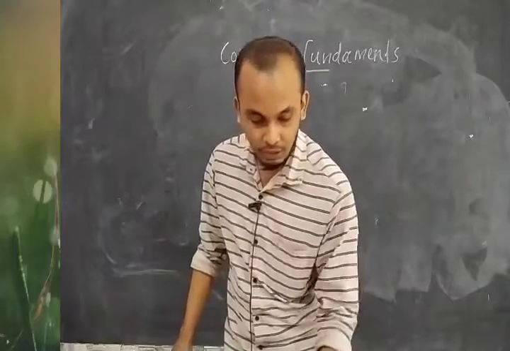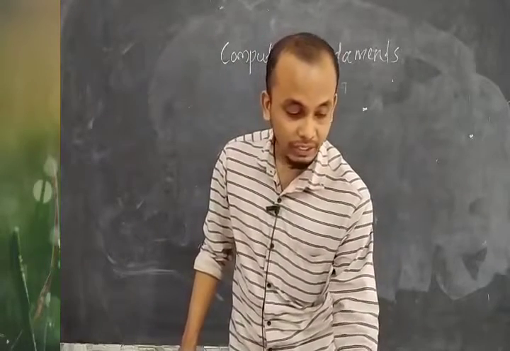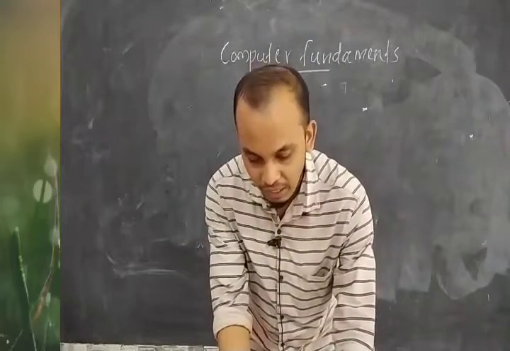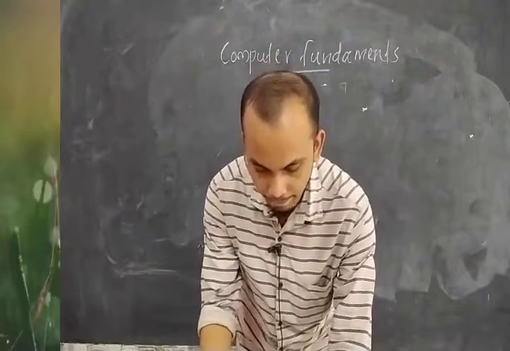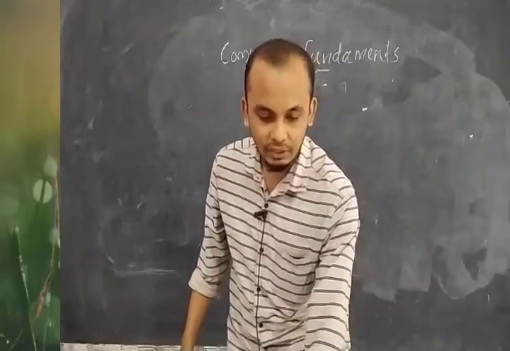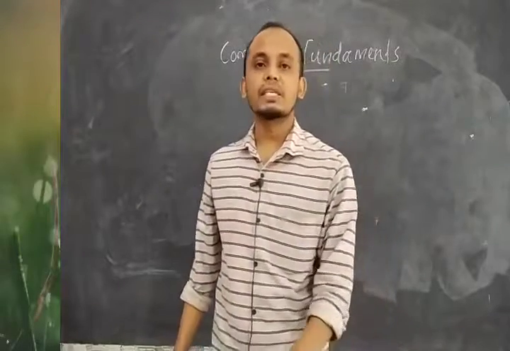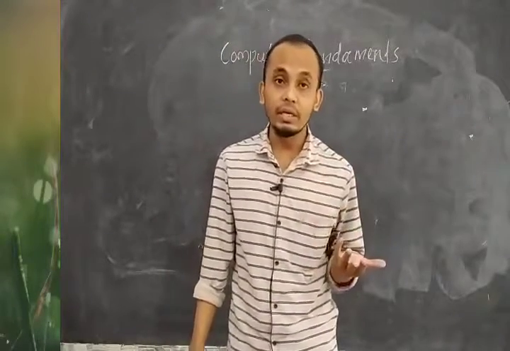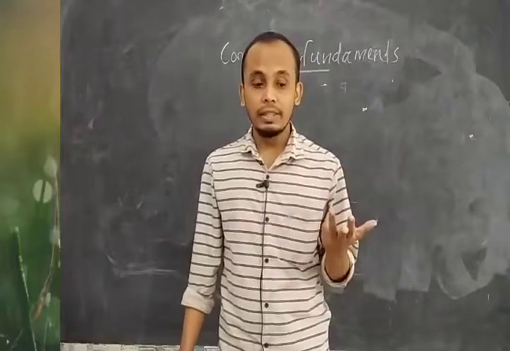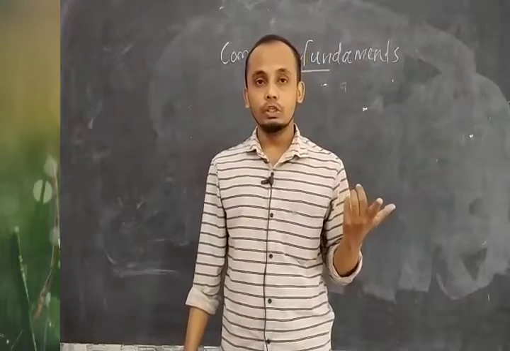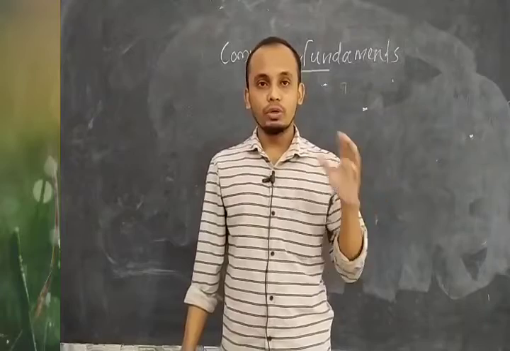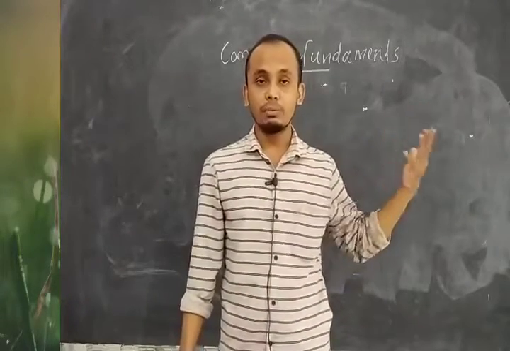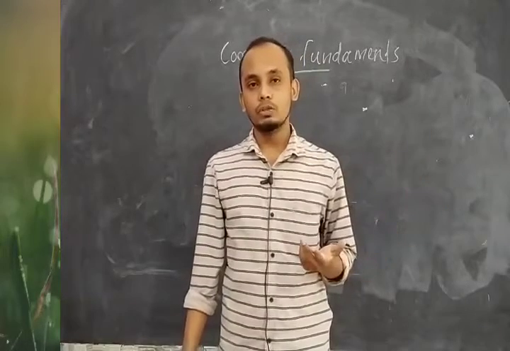Before that, after reading page number 3 and 4, you can go to page number 7 and 8. Some exercise parts are there. We already covered the IPO cycle, then ALU, CU, etc. You can start to do this exercise part based on these topics, IPO cycle and ALU, CU.